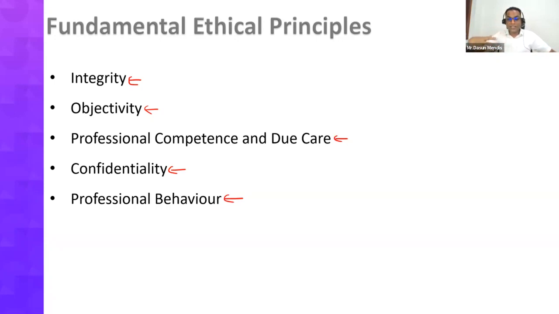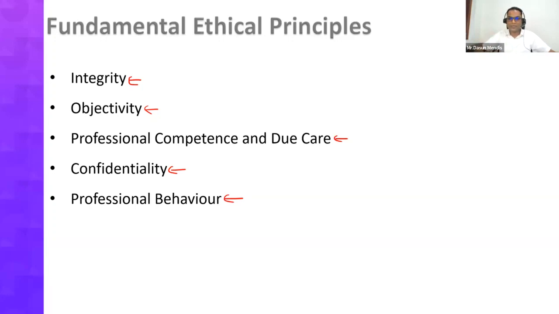Then in addition to that, in this area, you also should understand what threats professional accountants are facing, because of which they are unable to adhere to these 5 fundamental ethical principles. What are the threats that would make it difficult for the professional accountant to adhere to these 5 fundamental principles? It is not necessarily in this question, but just for your knowledge, what are these 5 threats?